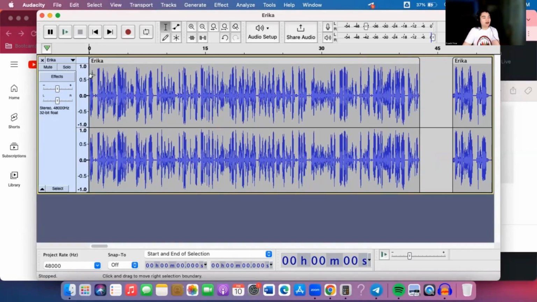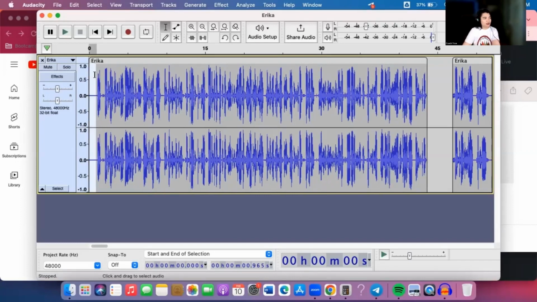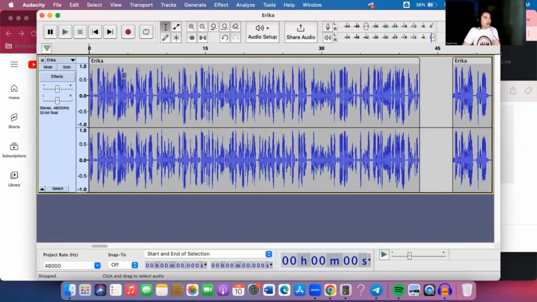I-highlight nyo lang and then click yung delete button sa keyboard. Okay, pwede din siyang Control-Z. Gusto niyo na mag-undo. And then, hanapin natin yung mga